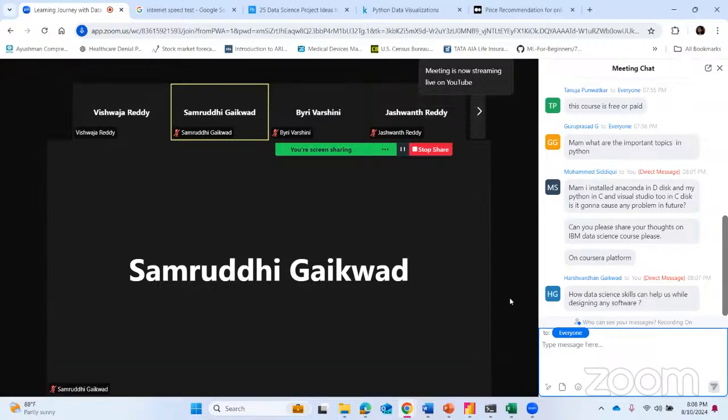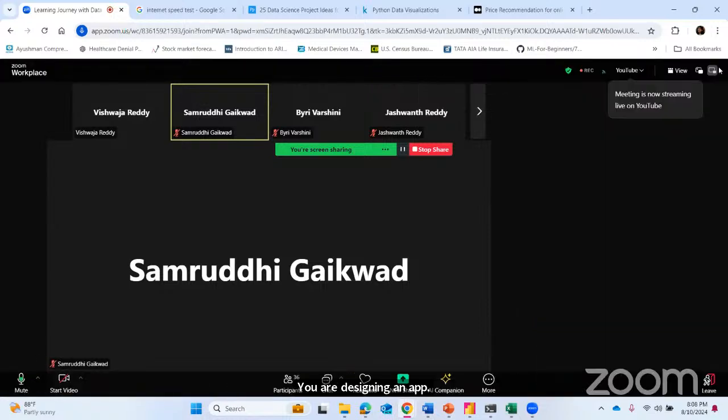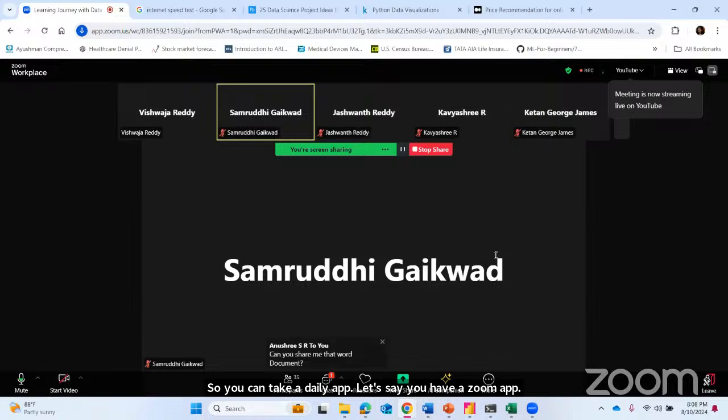You're asking how data science skills help you while you are designing software. Let's say you are designing an app, a daily app. Let's say you have a Zomato app. So for the front end part, for the UI and UX,